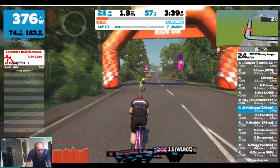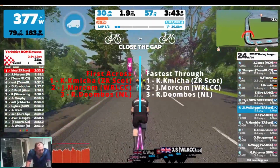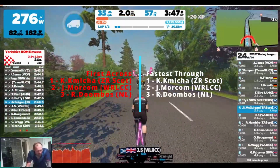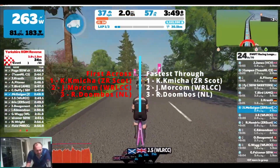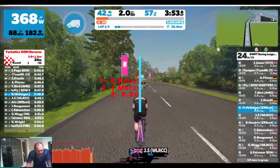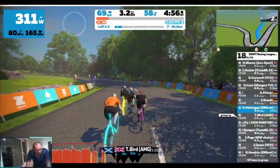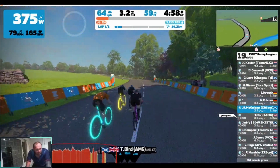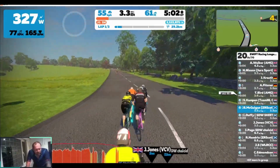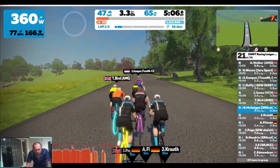And looking at the results of this one, it's a win for Karim from Zwift Scotland, good job. Morgan from WRLCC, and then Doomboss. And those are also the results of the fastest throughout the race. First lap's usually the quickest, especially on a heavy climbing course like this one. So as we move forward, you can see that everyone is kind of broken up. The lead group is in 2, and then we're in this sort of third group back here